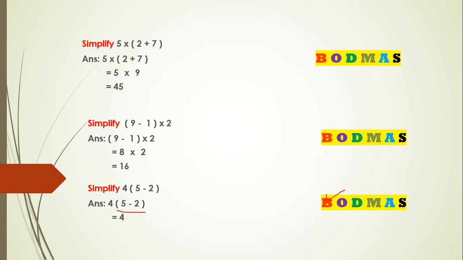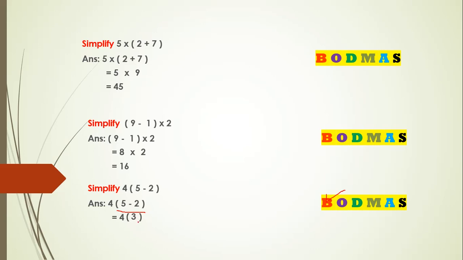So first I wrote equal sign, 4 as it is. This "of" stands for multiplication. So I am writing "of" only. "Of" means it is a multiplication. There is no sign, because of that I am writing the bracket. After solving 5 minus 2, I get a difference as 3. I will close the bracket.